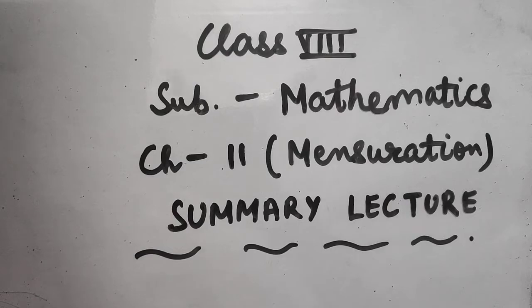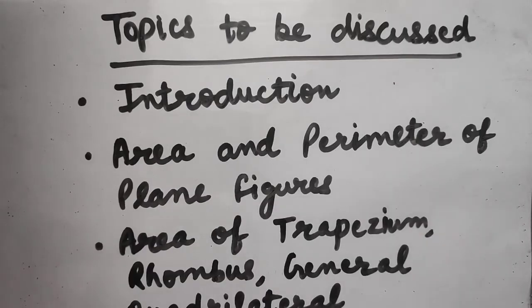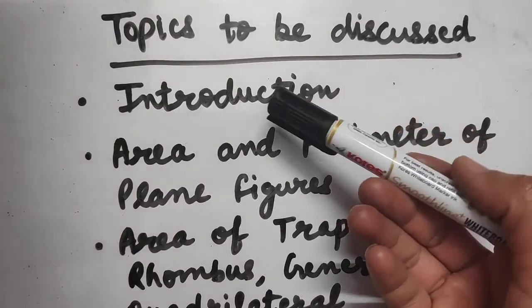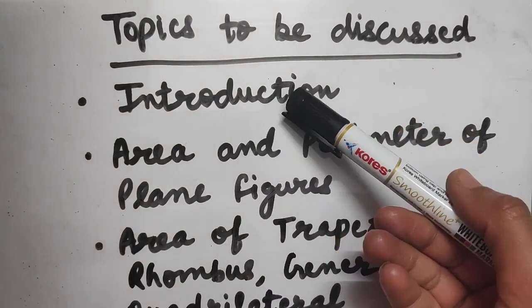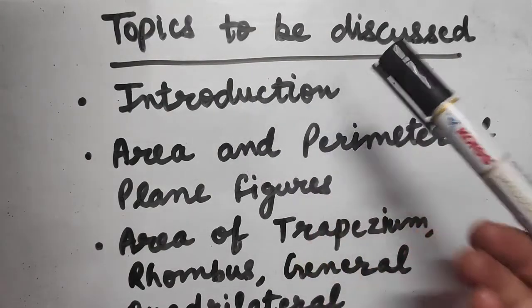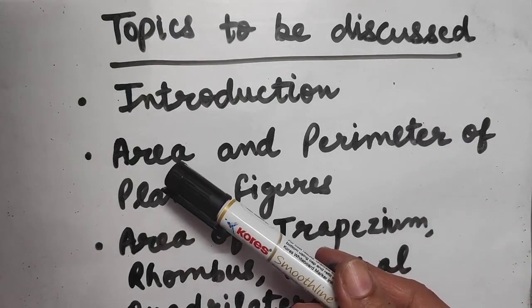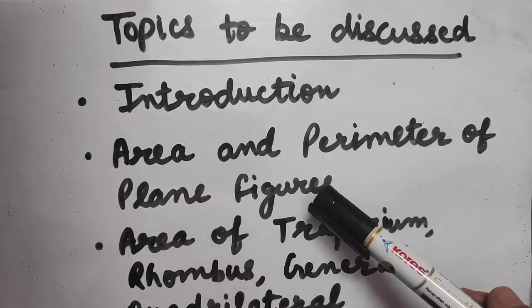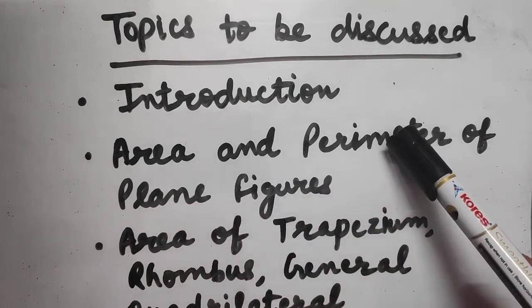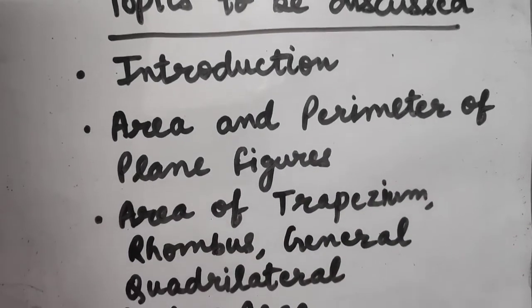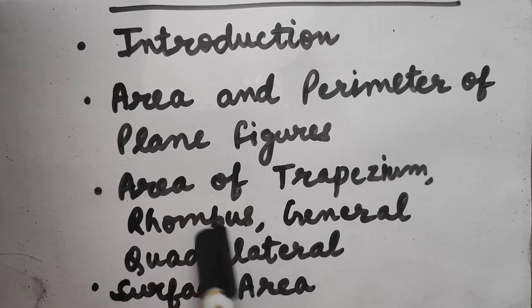11, mensuration. Dear children, as it is a summary lecture, I will be recalling all the concepts of this chapter. Firstly, we shall talk about the definition of mensuration, that will be a part of the introduction. Then we shall revise the area and perimeter of plane figures. What is the difference between area and perimeter? Then we shall move further to the discussion of area of trapezium, rhombus, general quadrilateral, and we shall also discuss